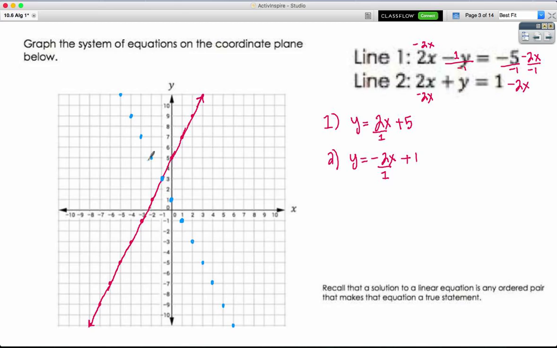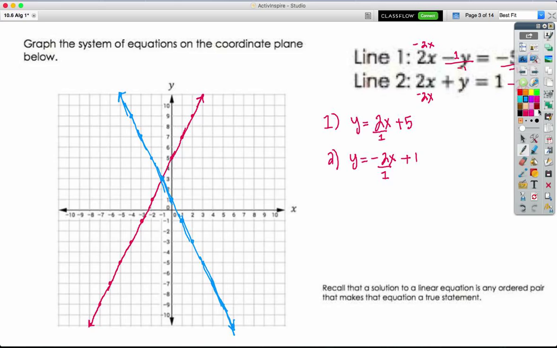Once you have as many points as you can make, or at least enough to make it look very accurate, you can sketch your graph for your other line. The solution to any system is the point of intersection. So for this particular system, the point where they're going to intersect is the ordered pair negative 1, 3. So this point of intersection is negative 1, 3. So the solution to this system